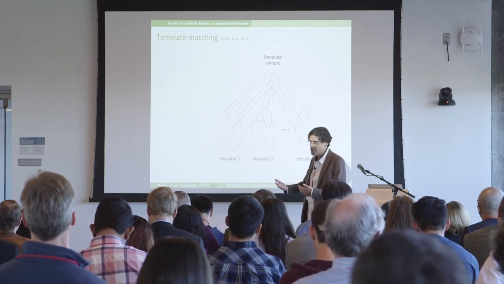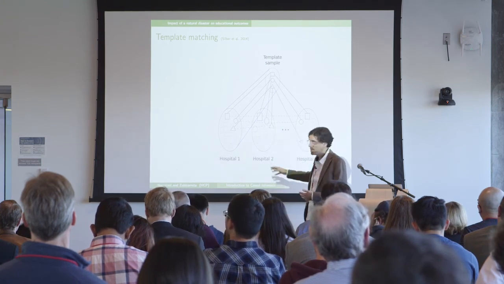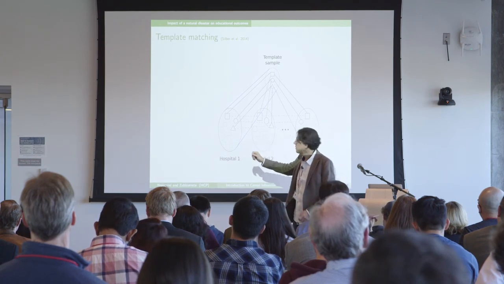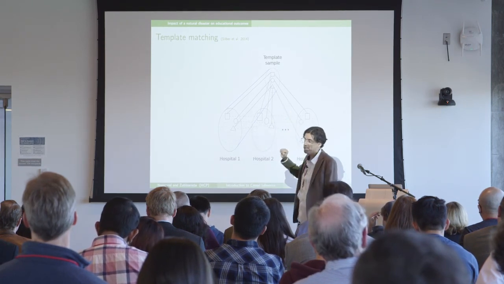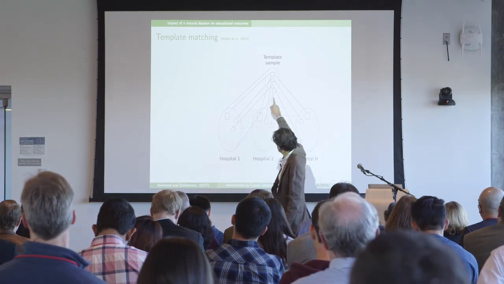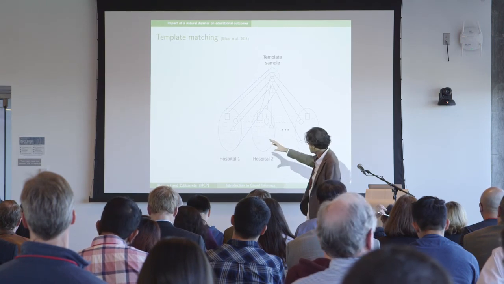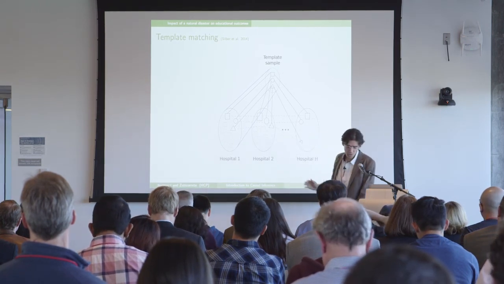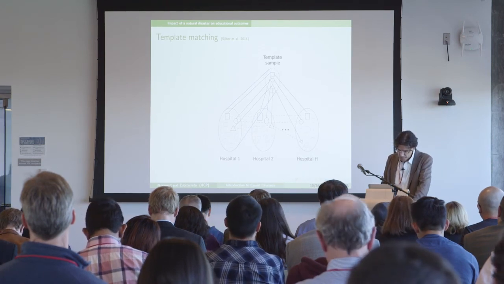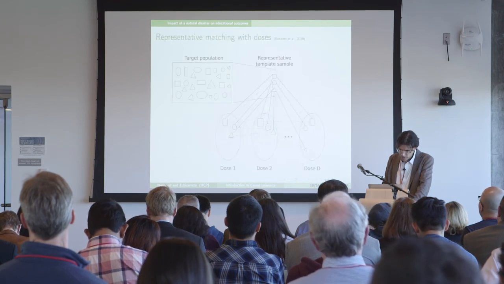And they try to do matching, but if you are going to match with many hospitals, if H is very large, matching in this direction is a nightmare. But they were very clever to think, okay, what if I define an auxiliary sample, a target sample, and I match each of these groups to that template? Then by virtue of doing that, I'm going to get a match across all hospitals. So I think it's a really important idea, which we can slightly extend to the context of